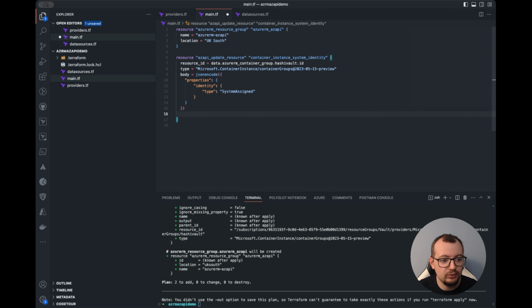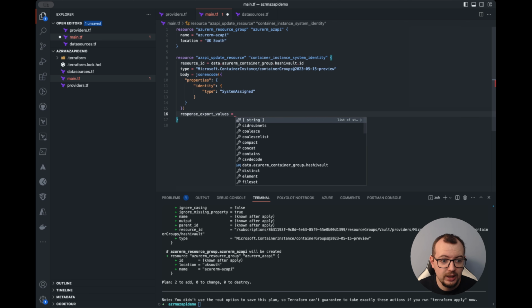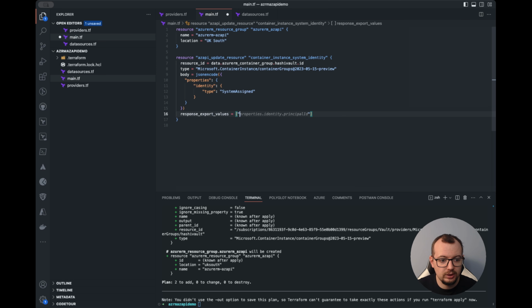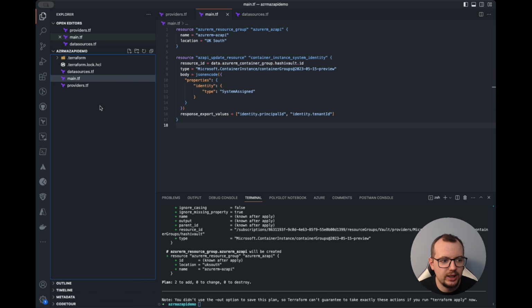So within the resource block, we want a response export values, and in here I know that in the identity block I want the principal ID, and I will also want the tenant ID that the system identity is created in. And then what I can do for this example is create an outputs.tf,